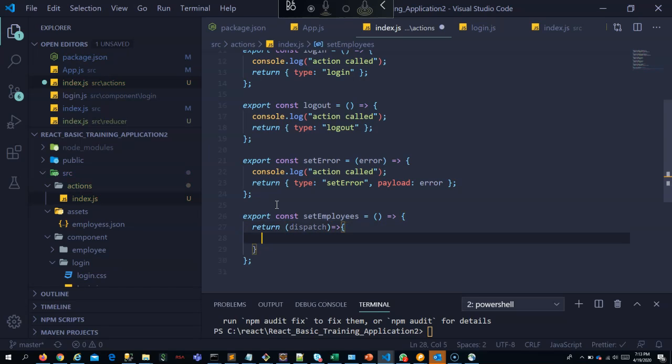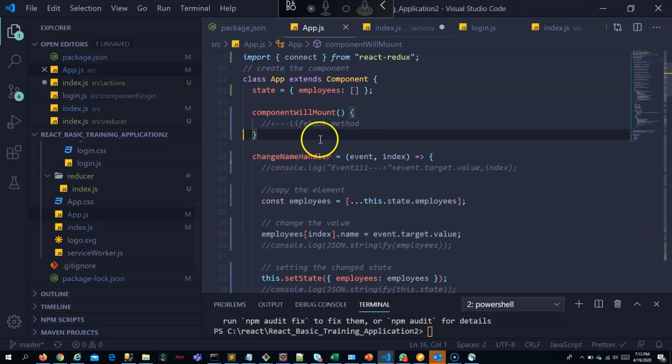This function will get the dispatch from the Redux Thunk. As we saw, it will return a function instead of an action. When you use Redux Thunk, it will return a function with dispatch and get state. I am not interested in get state now, so I am just putting dispatch. So dispatch will be called here. It will be inserted by the Redux Thunk here, and in app.js I can copy it,